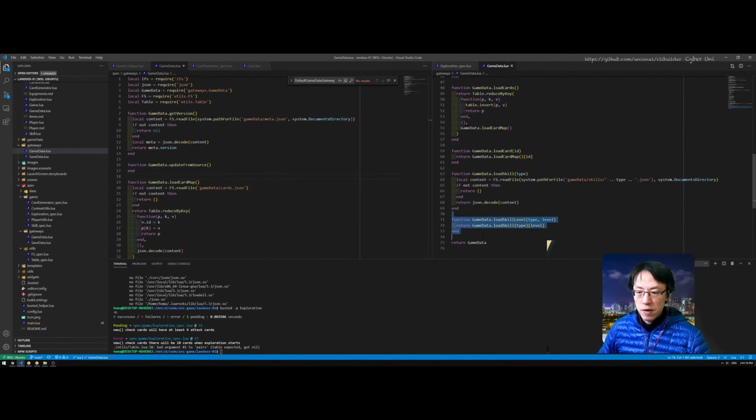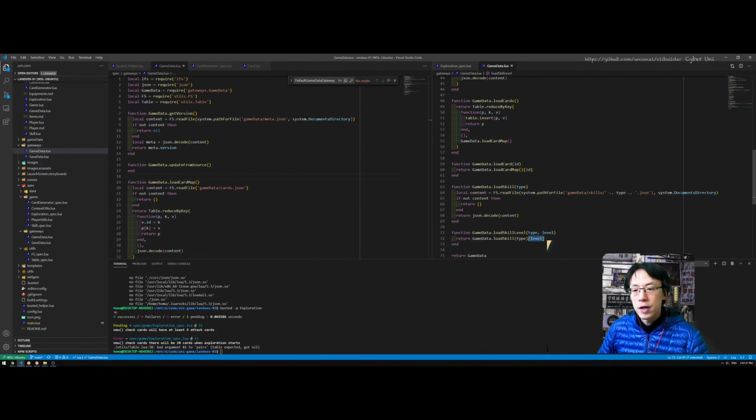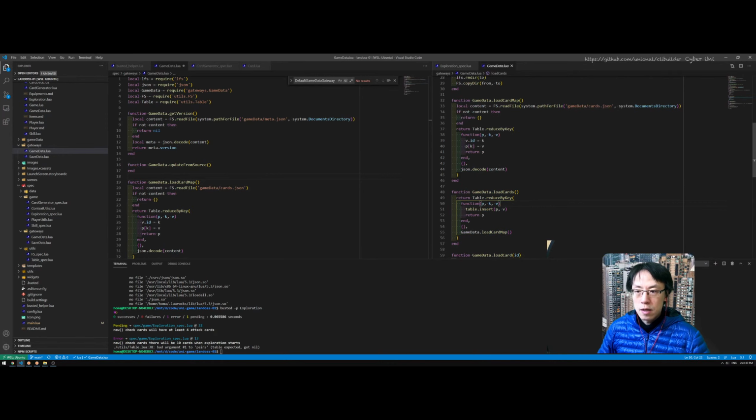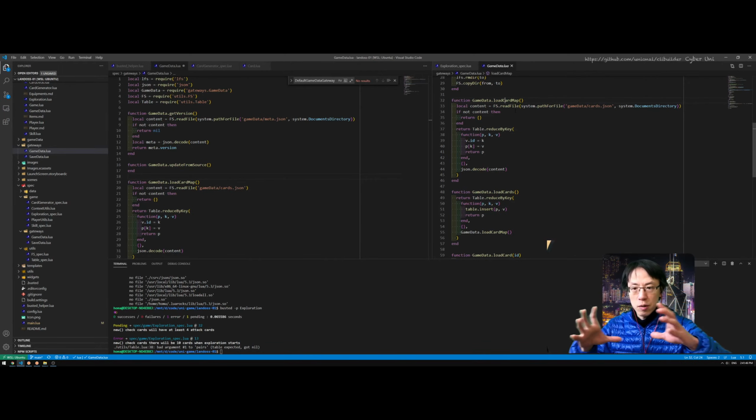Say, for example, a function like this, load skill level, and the implementation just gets all the skills for that particular type, and then gets the particular level specified. Another example is get like this, get the ID, and yet another example is like this, where the underlying call is getting the cards, which I have changed to become a map, so basically a hash table,